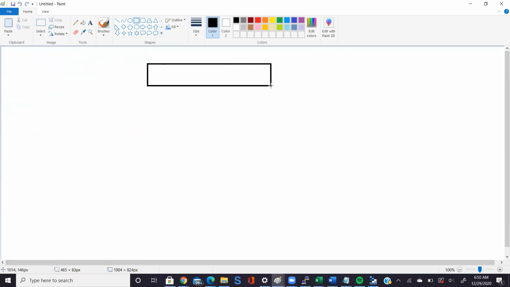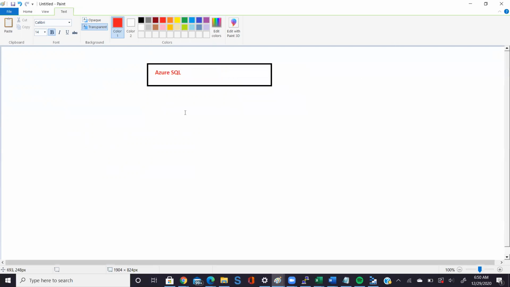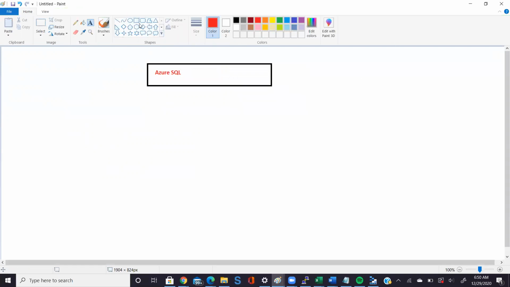That's good. So in Azure, we have a service called Azure SQL. What this Azure SQL says is that you have to create an Azure SQL Server.